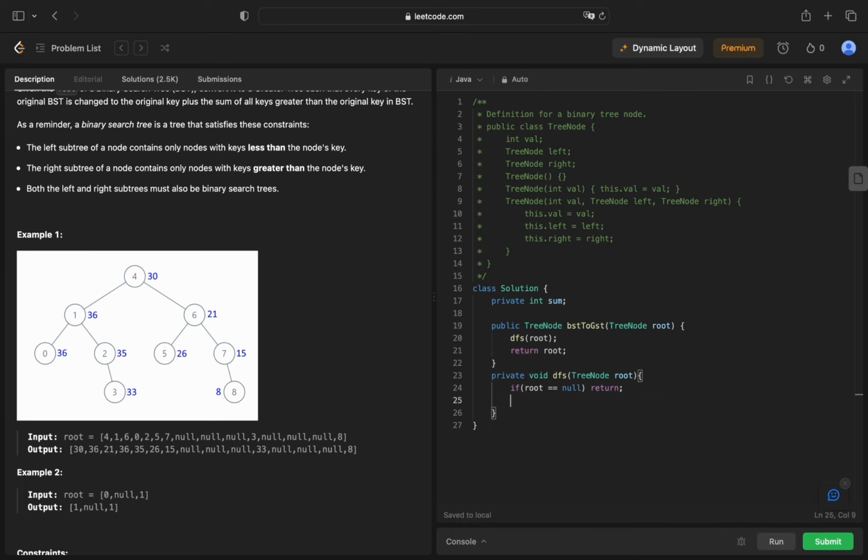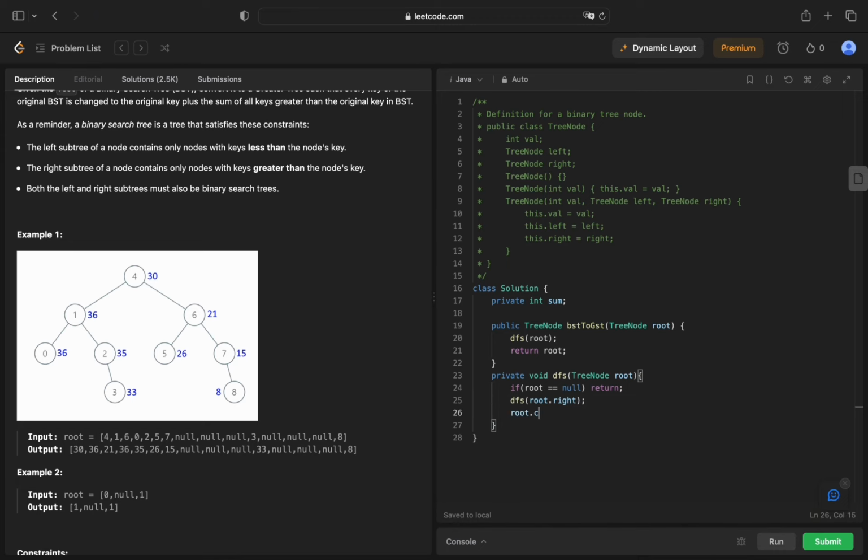We have to go to the right, then we get to null, and then I go back to the node itself. That's going to be 8,